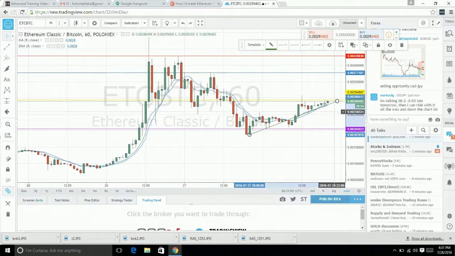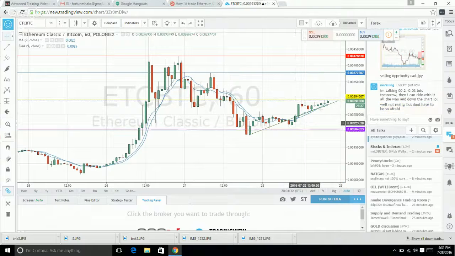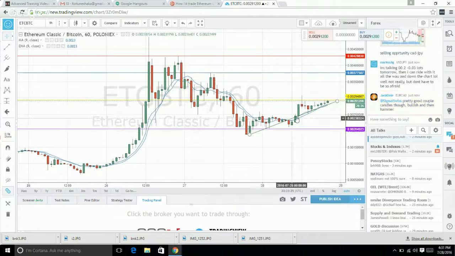So, like I said, if I see this doji right here at support or resistance, I'm looking at the candle to the right. If this candle closes out bullish at support, I'm going to think, okay, it's going to continue to follow this trend. But as it continues to follow this trend upward, I'm still looking to possibly at this to be a zone